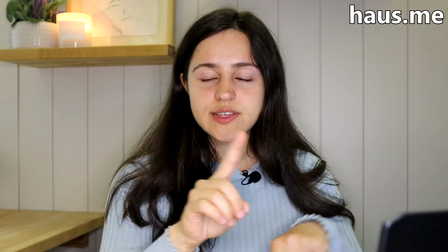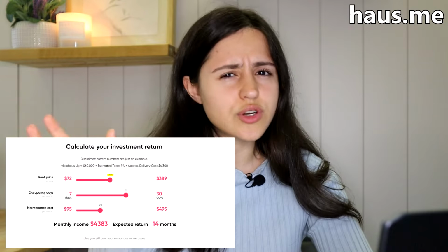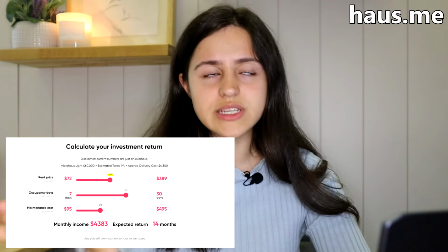Now, this might be the skeptic in me, but when I looked at the calculator that they had on their website, it essentially allows you to calculate how quickly you can make that return on your investment by renting out the Microhaus as a short-term vacation rental. When I looked at that, they had their price meter set to, I think it was $215 a night that you're renting this thing out for, which I felt seemed a little high for 120 square feet. So I went out onto Airbnb and I looked at how much people were charging a night to rent